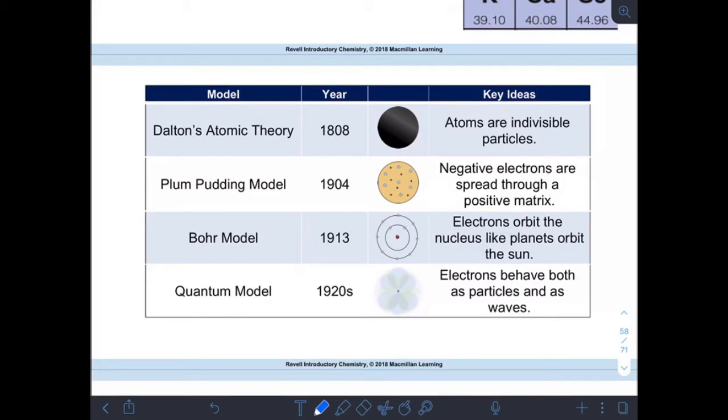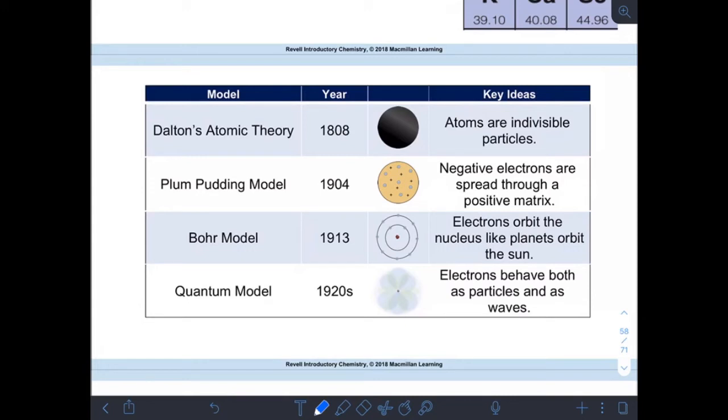And then not too long after that, we have what's called the Bohr model, named after the physicist Niels Bohr. And by that time, they had discovered the nucleus. As you can see, the nucleus is that central little nugget right in the middle of the drawing there. And his idea was that the electrons orbited around the nucleus, much like the planets revolve around the sun, in